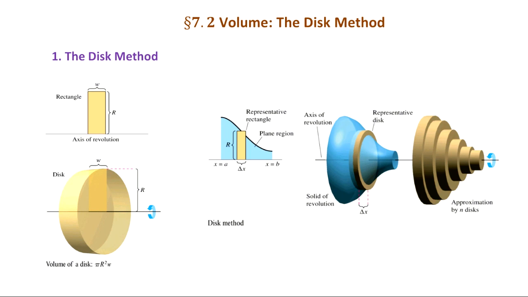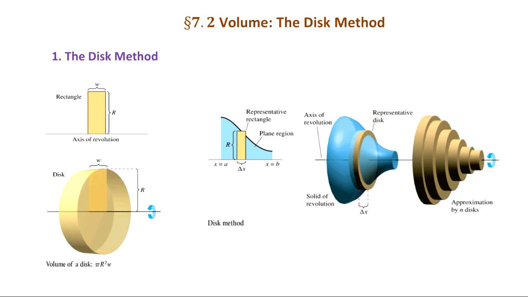So we're trying to find the volume of a solid from the revolution of a plane region. Look at the middle graph on this page. You see a blue region under a curve, and you rotate this region about the x-axis, and you want to find the volume of the solid, the blue solid. So what we do is we cut this plane region into rectangles, and then when you rotate